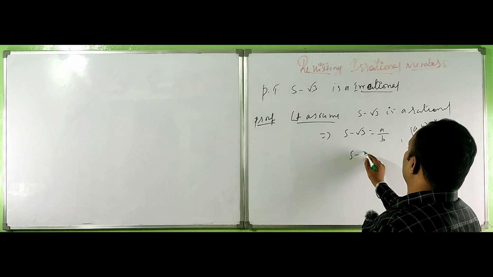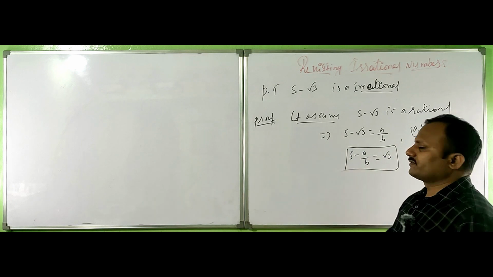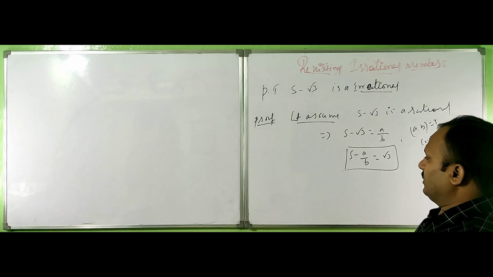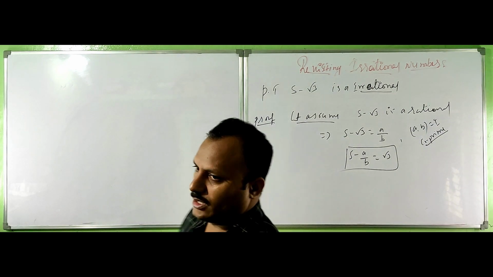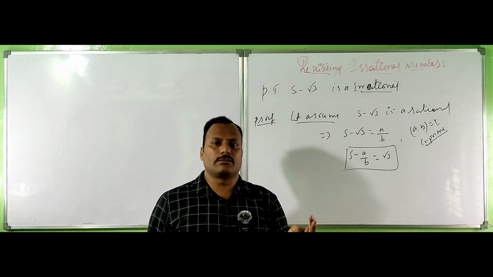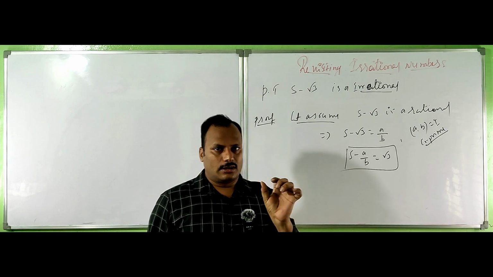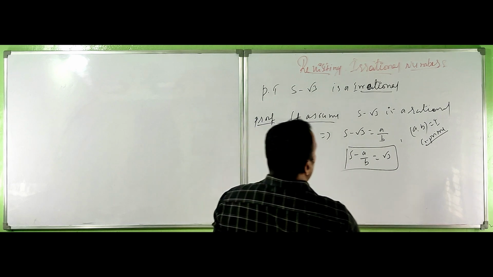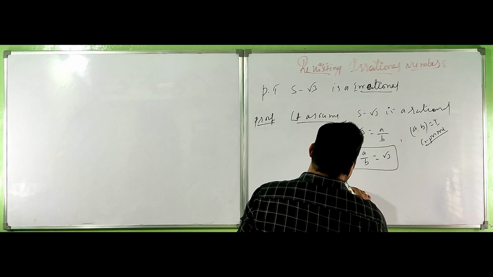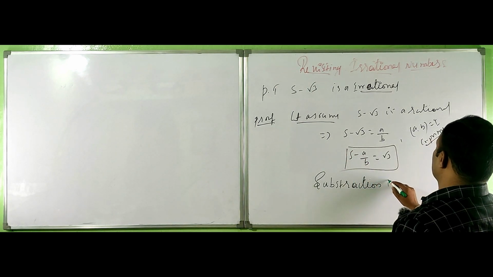Here, just a little rearrangement. Change the arrangement: 5 minus a by b is equal to root 3. What is the formula here? In rational numbers, the fundamental arithmetic operations, addition, subtraction, multiplication and division, still give rational numbers, because they are proved. So here, write this one: subtraction of rational numbers